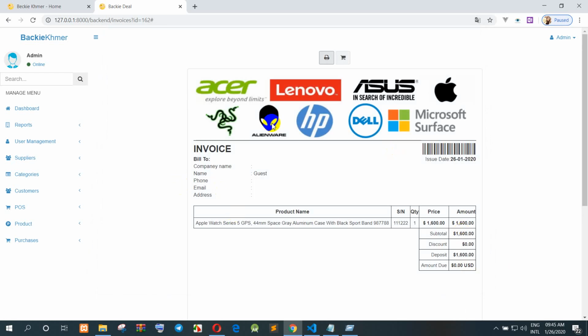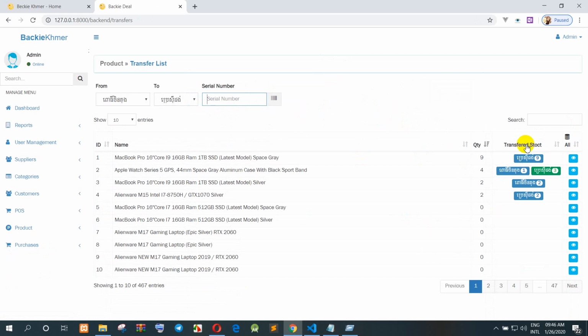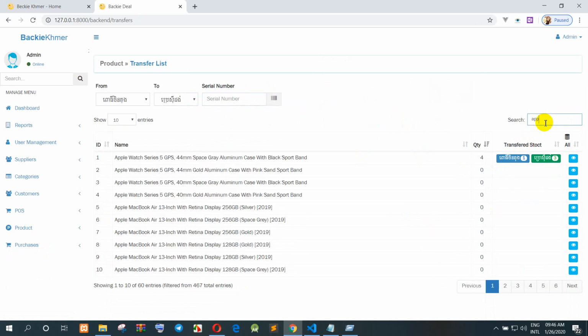Okay, I showed you already with the stock, but sometimes we want to check the quantity of our stock. So I sell our product 1 already, but we remain 1 more. For example, we change our product here. And this is, we search Apple,